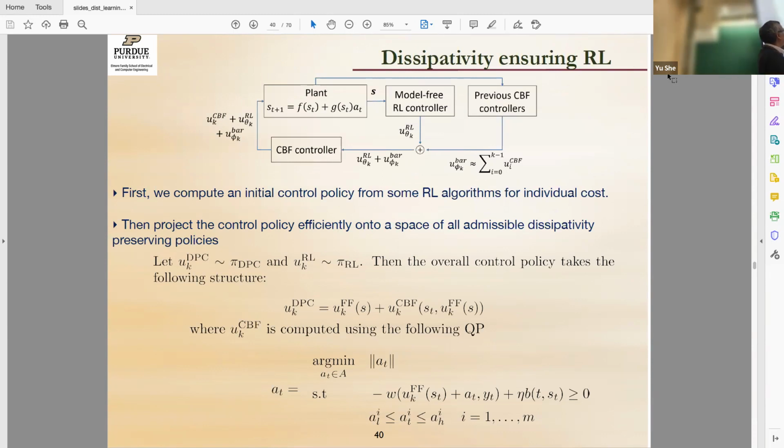Okay. I can project it, sort of generate this dissipativity-ensuring controller, by projecting it by the minimum amount, and the minimum amount turns out to be a quadratic program. And so at every time step, I don't care what the RL controller is, or its inner workings. I don't even know the utility function of it, right? So they might be self-interested, whatever the utility function is. All I do is take that control input and keep projecting it onto the set.